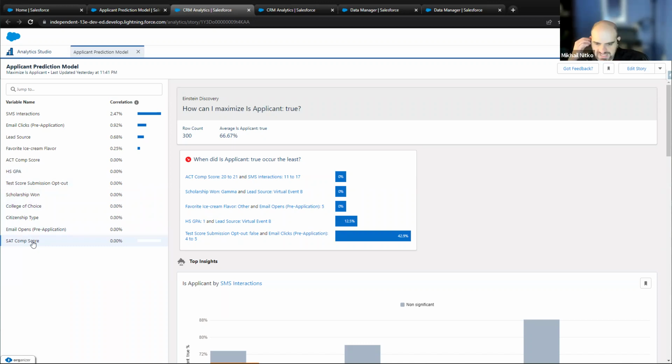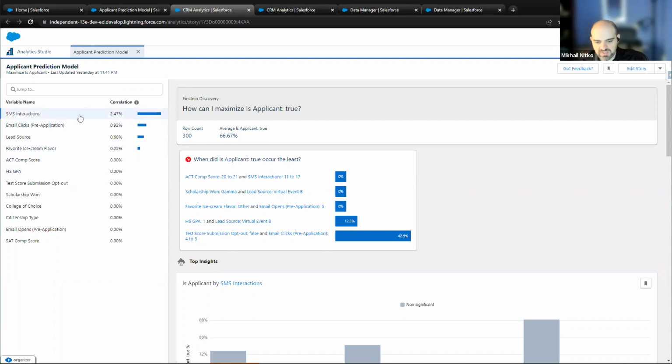The reason I listed those out is because of how valuable the zeros are. What the zeros tell you is that, for example, high school GPA is not at all correlated with the likelihood that somebody is going to apply to your university. Of course, this is not true, but this is all fake data. The important part here is that you will learn about assumptions you might have historically been making for years about how important a certain variable is in the likelihood that somebody will apply, and this will change everything on the dime.